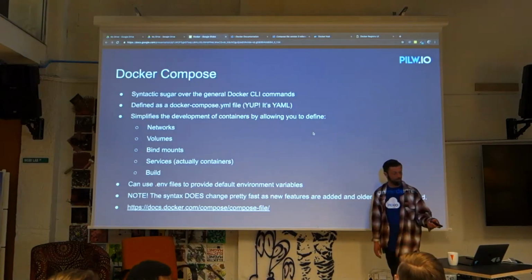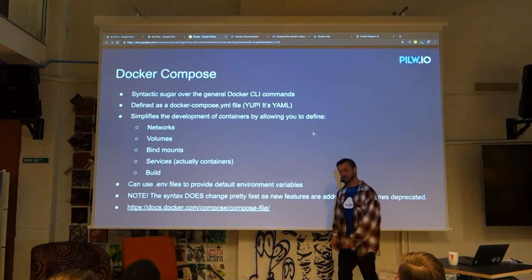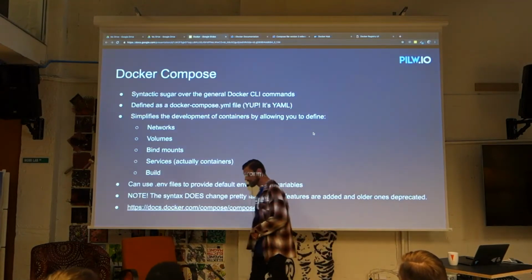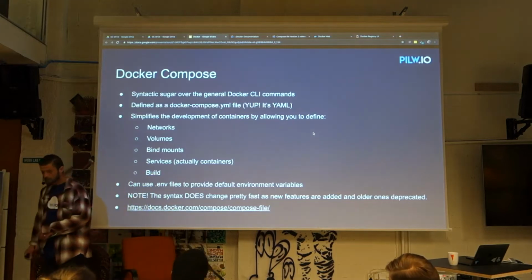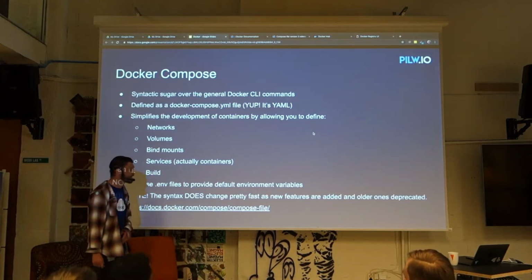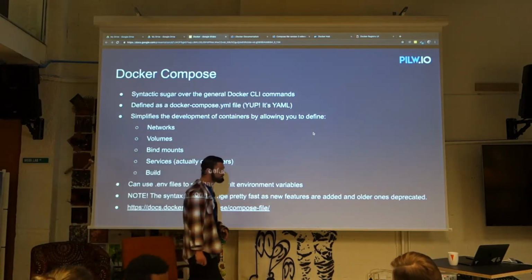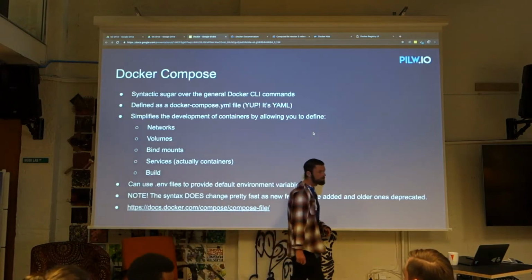Oh, the last point, by the way, sorry, well, last 2 points. We do have the ability to use env files. I'm going to have you guys manually creating one fairly soon. I can actually show you one now quickly as well, but they work pretty much like environment files in most